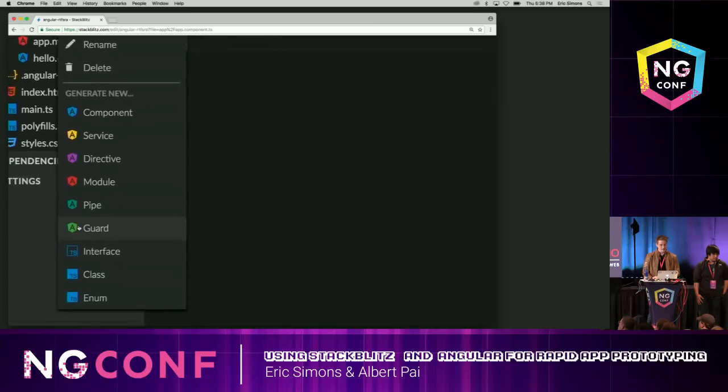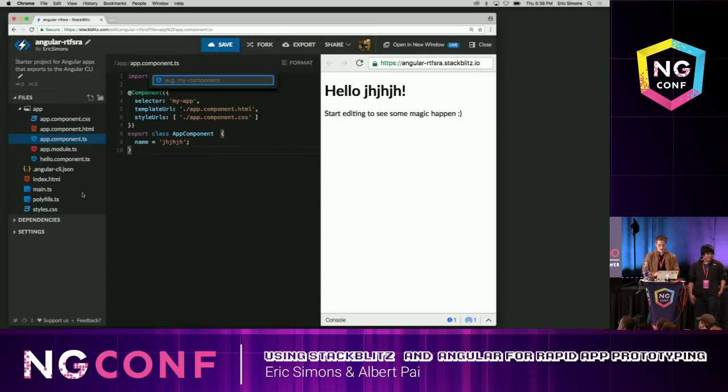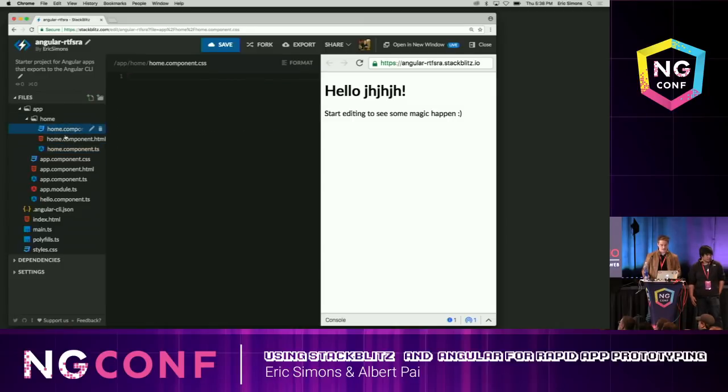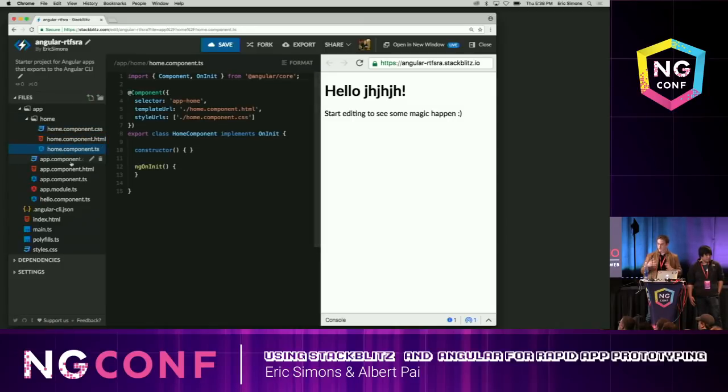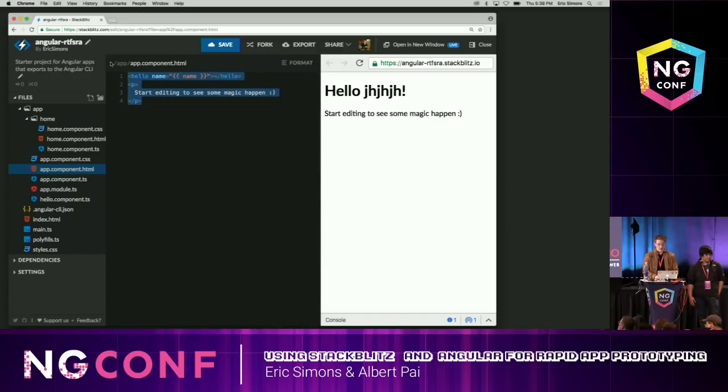Are those icons pretty? So I'm going to just generate a component here, give it a name, home component. I'm going to hit enter, and boom, immediately scaffolded this folder with our CSS, our HTML, TypeScript file for this component, and even imported it into our app module automatically, just like the CLI does locally, right? And so I can actually use this now in my app component here, and I'll go ahead and start